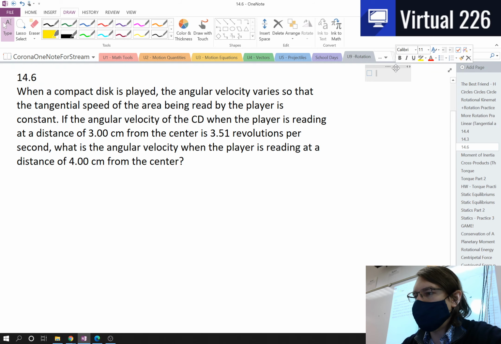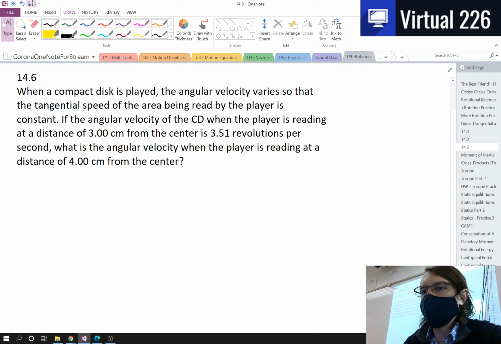CD is for compact disc. It does not stand for cookie dough. Okay, so when a compact disc or a CD is played, what's actually happening on the inside of it is